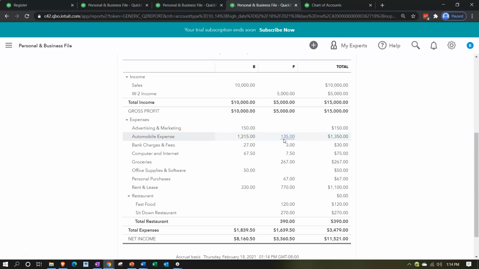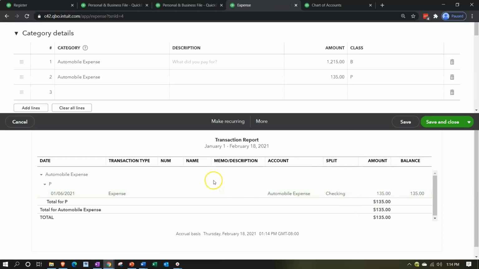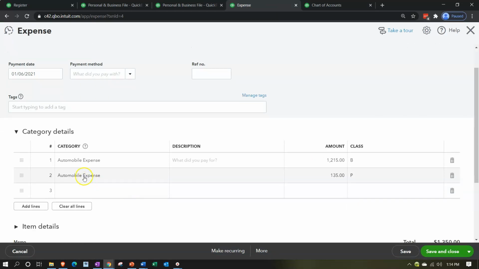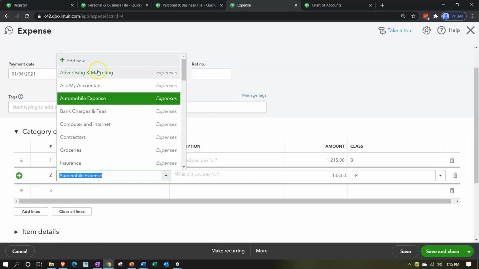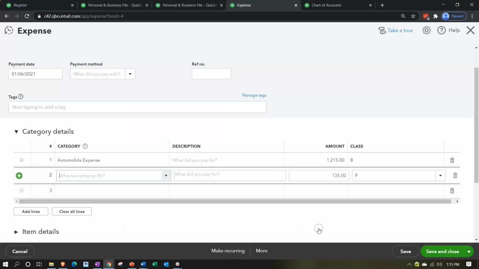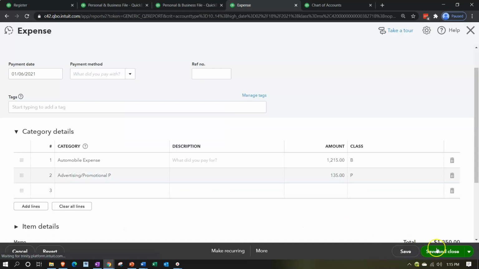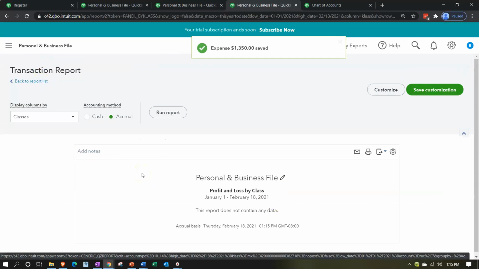Let's just say if I went to this automobile, for example, and I said, I'd like to make this not only go into a separate class, but make this another account. So I'm going to add another account. I'll just call it the same name, but I'm going to put a P at the end of it just to indicate that it's personal. So now it's broken out by different class and account. If I save and close that,